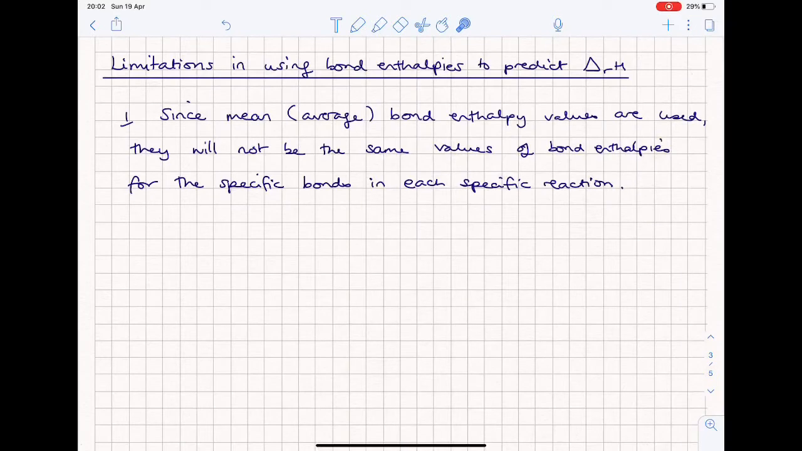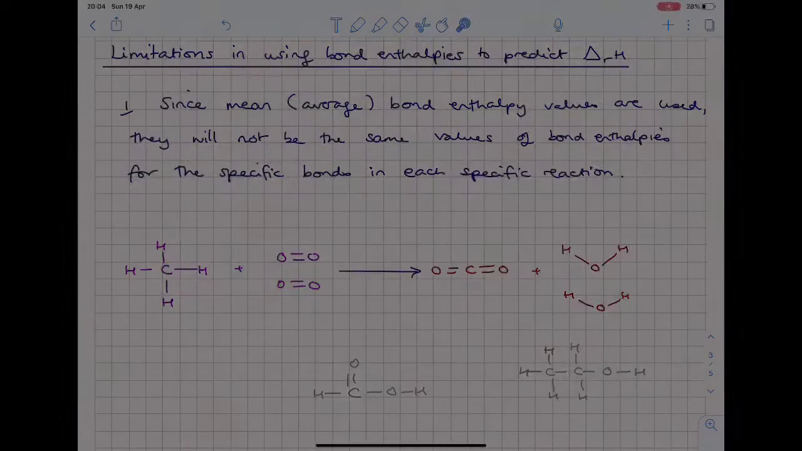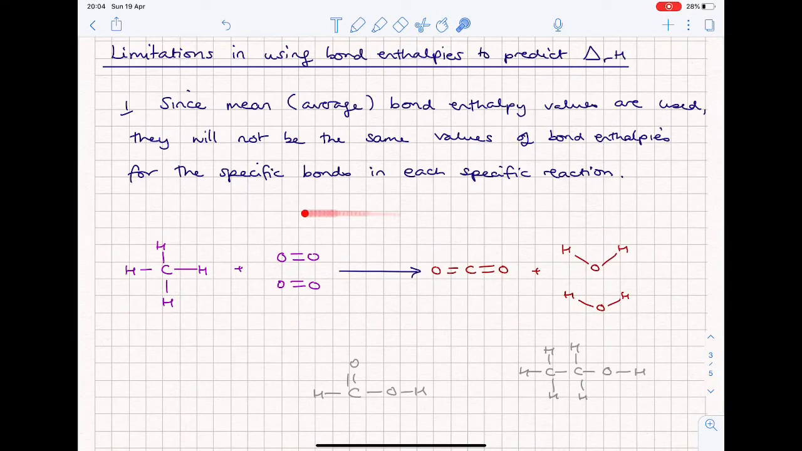So there are 3 limitations in using bond enthalpies for predicting enthalpy change of a reaction. The first one is that we're using mean bond enthalpy values. We're using average values of bond enthalpies rather than specific bond enthalpy values for those specific bonds in the specific reactions. So for example, in the reaction we just looked at, the bond enthalpy for carbon-oxygen double bond will be